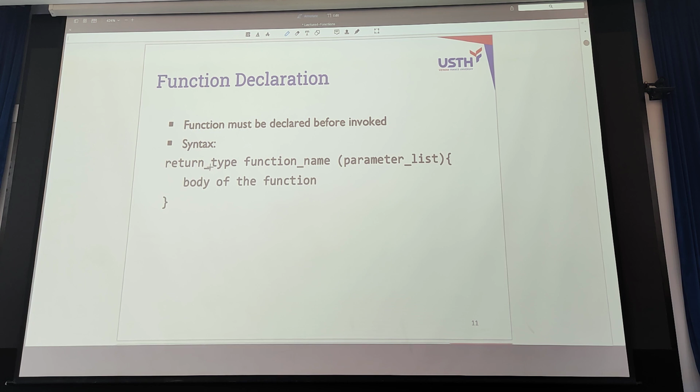For the syntax, firstly you have to state the return data type, and then the function name, and then the list of the parameters inside a pair of parentheses. And talking about parameter lists, you have to declare the data type of each parameter and the name of the parameter.